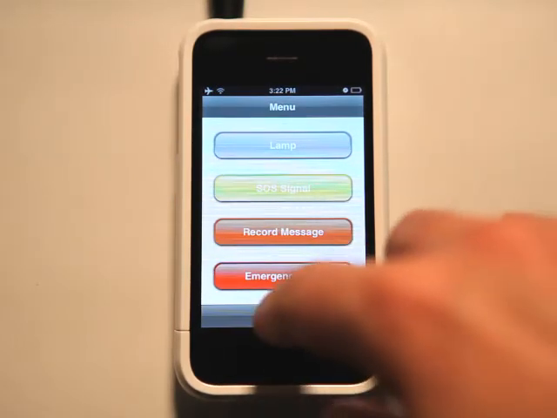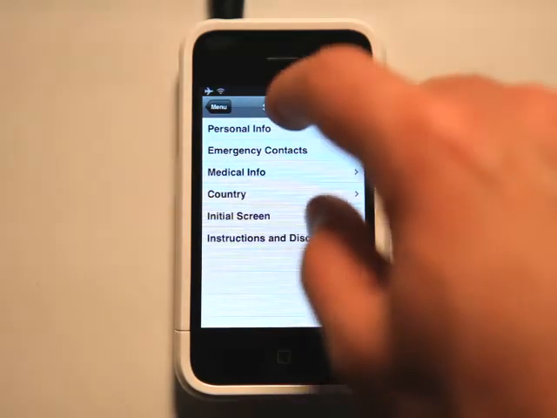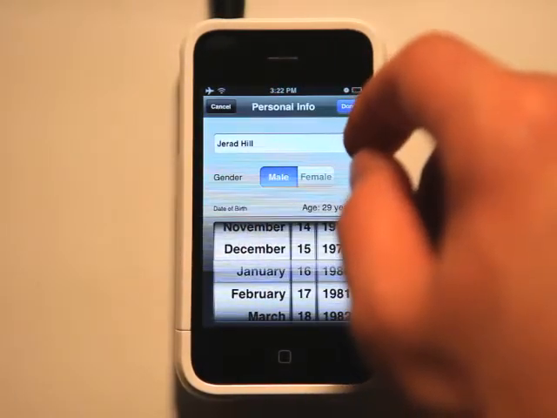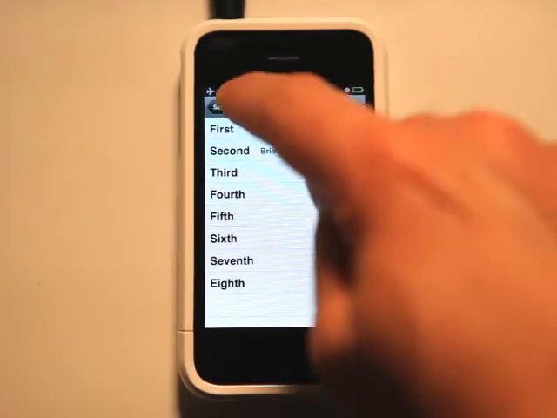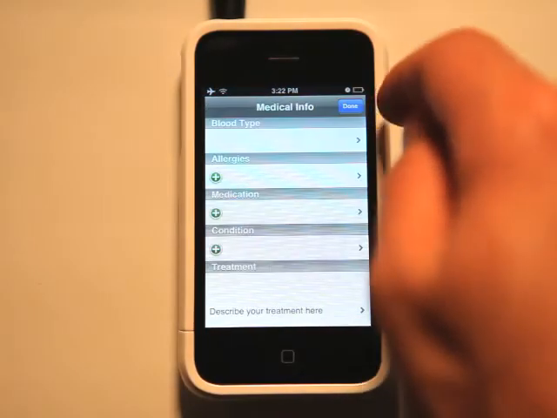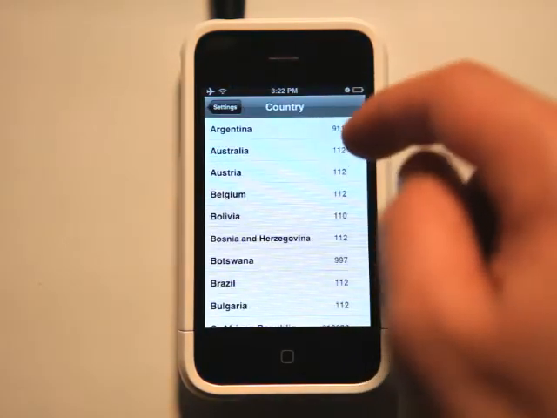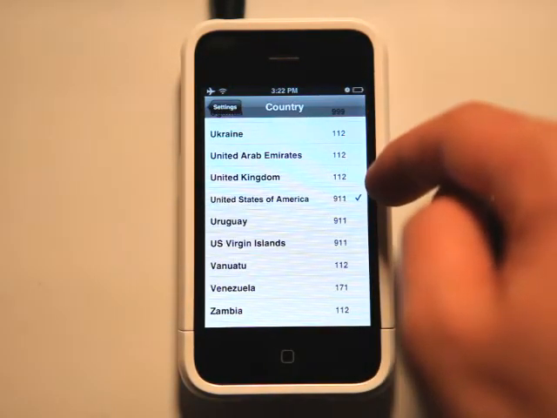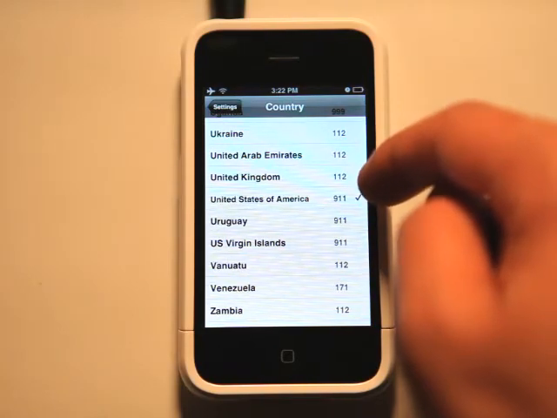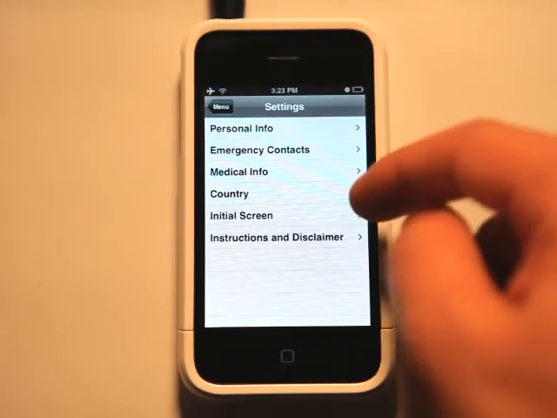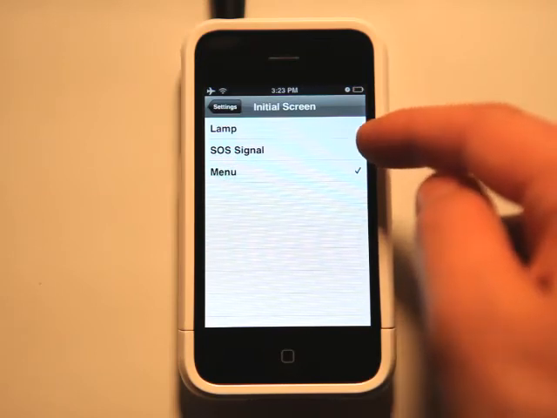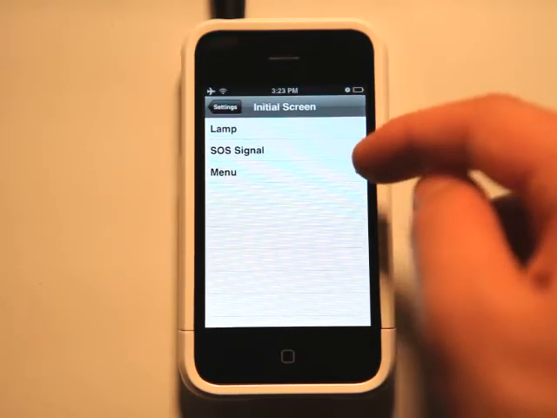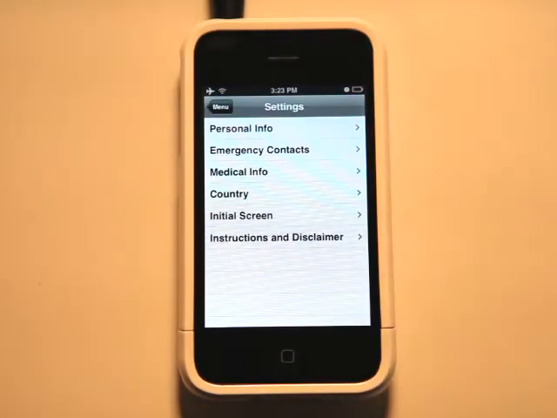So the first thing you would want to do is set up your settings. You'd want to go in and enter your personal information, your emergency contacts, some of your medical history, the country that you live in so that you have that one-touch dialing for emergency. You can choose your initial screen. In this case, I have chosen menu, but you could have your SOS signal show up, because basically, should something